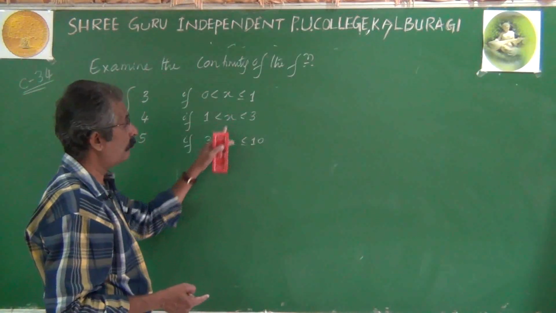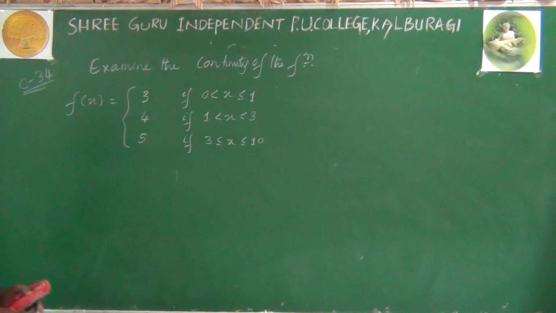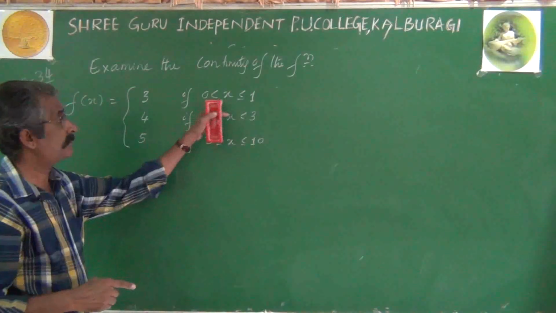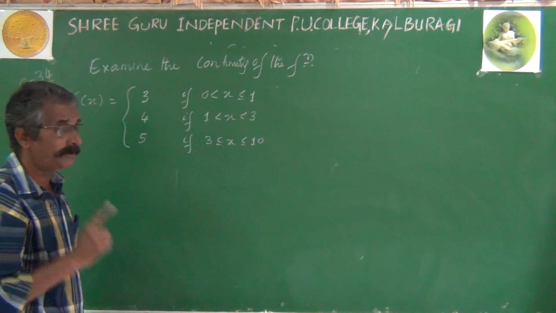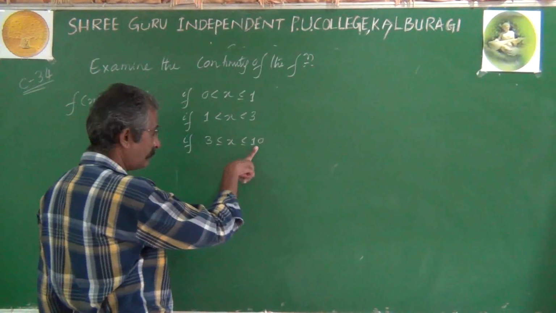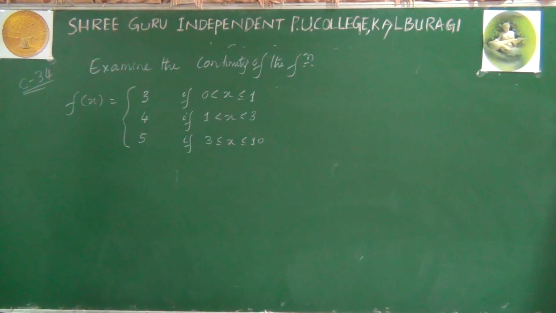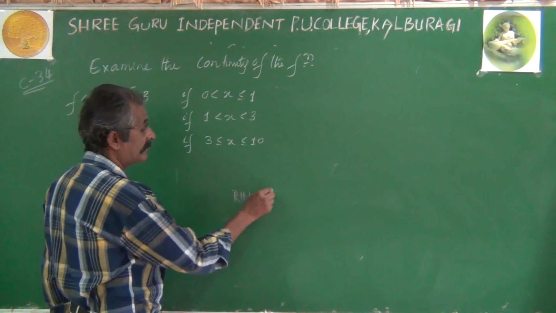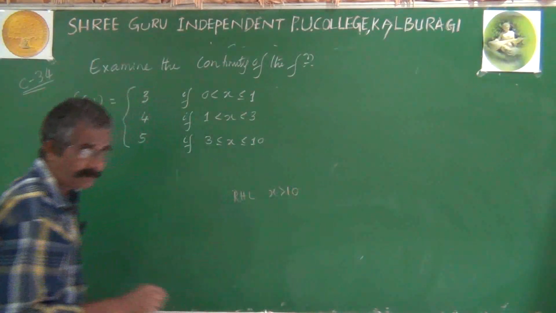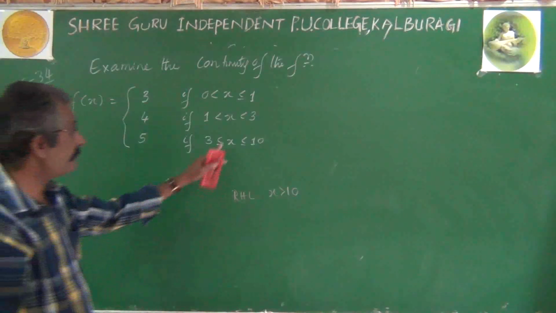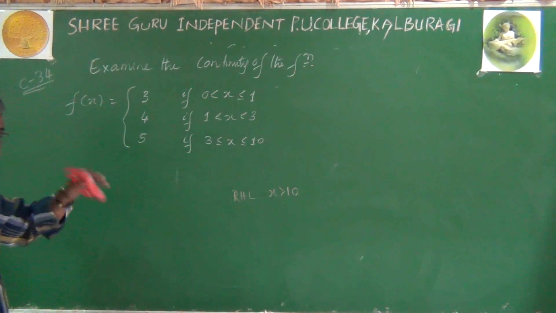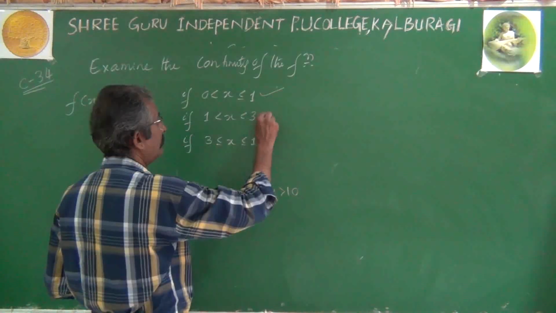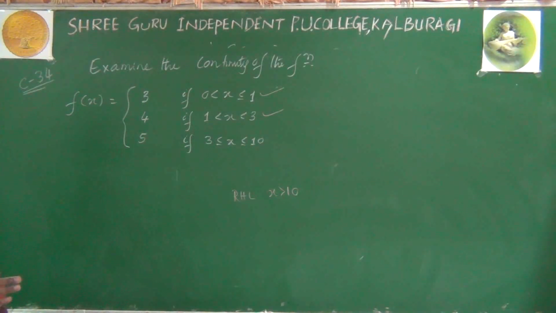So those points are 1 and 3. Keep this fact in mind. Even though here points are not mentioned, those points will be x equal to 1, x equal to 3. You may think that there is equality with the number 10 also, but that doesn't count while finding right hand limit, because for right hand limit we need the compulsory condition x greater than a, here x greater than 10, but we don't have that condition. That's why it is unable to discuss continuity at point x equal to 10, but we can discuss at point x equal to 1, at point x equal to 3.